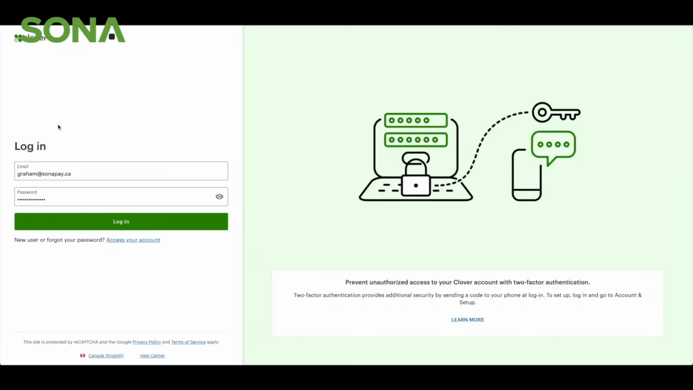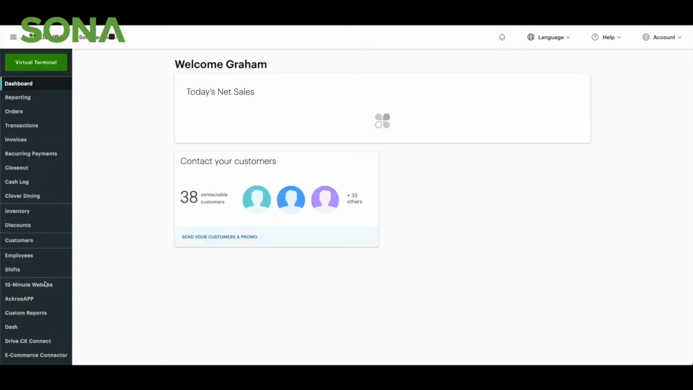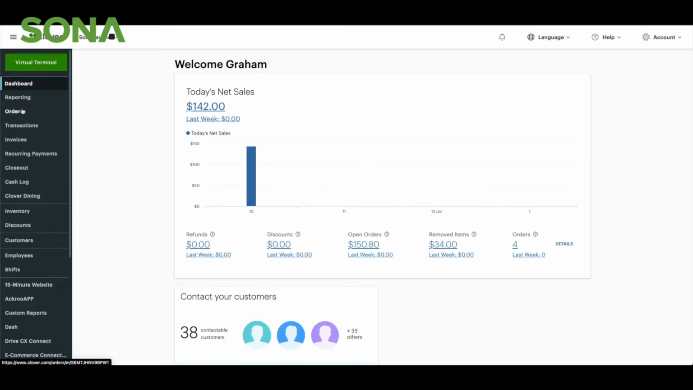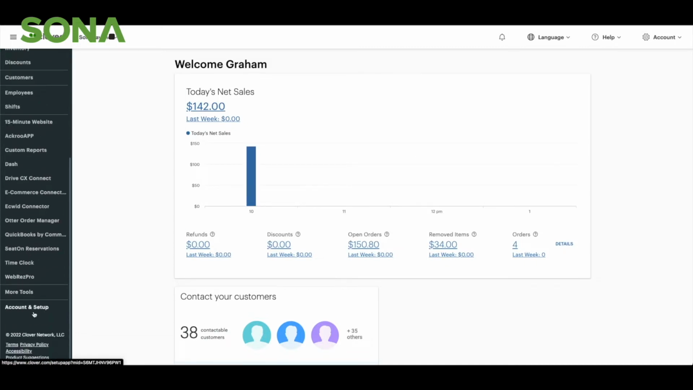Okay, so now I'll show you how you would go through and create one, as well as some of the customization options available. This is our Clover Dashboard. You can get there by going to clover.com/dashboard. And once we log in, let's wait for this to load. So this is the Clover Dashboard, and to access payment links, we're going to scroll all the way down on the left side to Account and Setup,